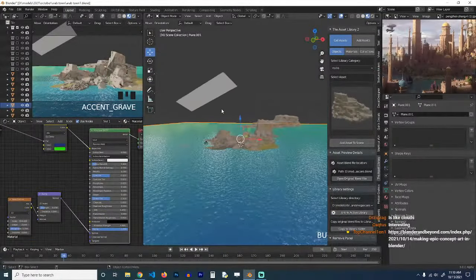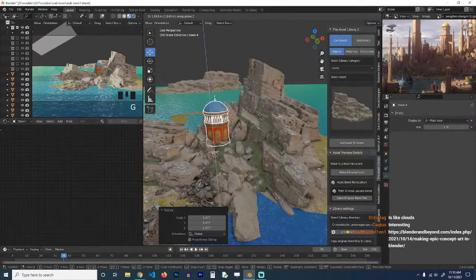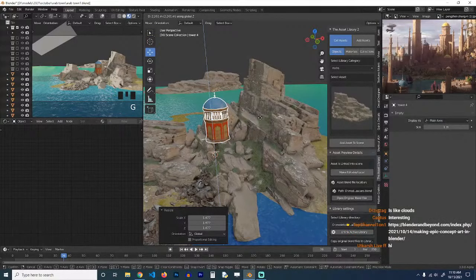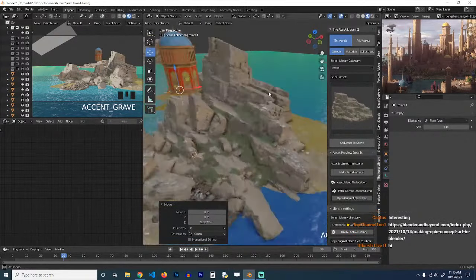Yeah, so let's use Shift A, collection instance. Let's get tower 1 here and start placing this tower somewhere. So we can put it somewhere there. One other thing I could do is